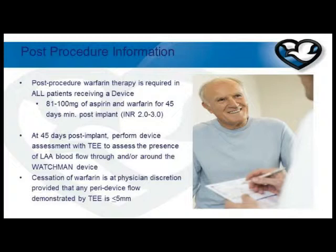So follow-up. Everyone leaves the hospital on low-dose aspirin, and like I said, the party line is warfarin as well. I think at most centers it ends up being whatever. If you're on something else, you go home on whatever you were taking before. If you're anticoagulant naive and haven't been taking anything, I send them all home on warfarin. But if they have been on Eliquis or Pradaxa or whatever, I just send them home on that for 45 days. And then at 45 days, they get their third TEE